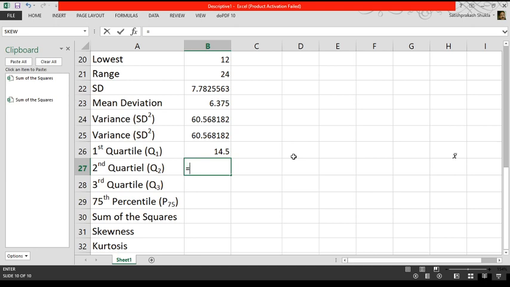So the function will be equal QUARTILE, in bracket data range B2 B13 comma, then we write here 2 because we are going to find here the value of second quartile Q2. Some mistake was there. The spelling of quartile is not written correctly. In this way, we will get the value of quartile 2.